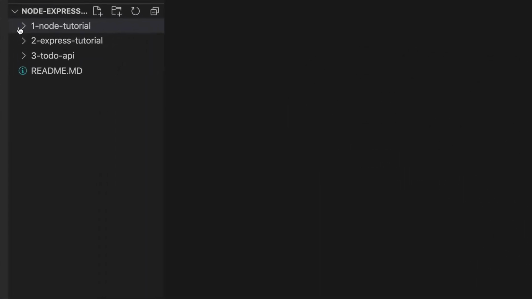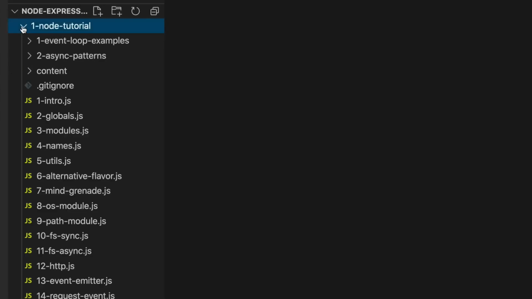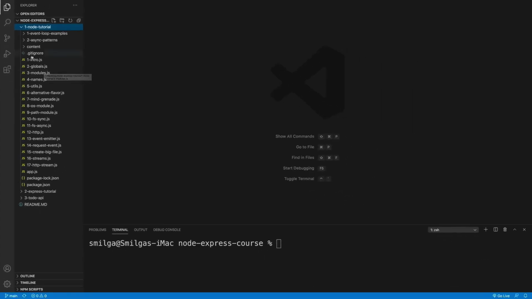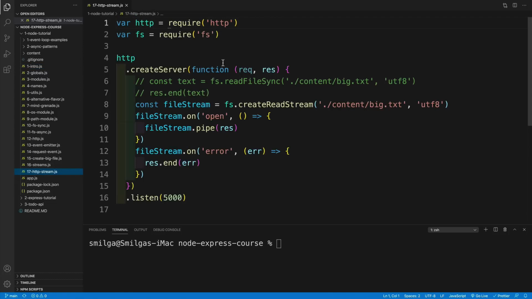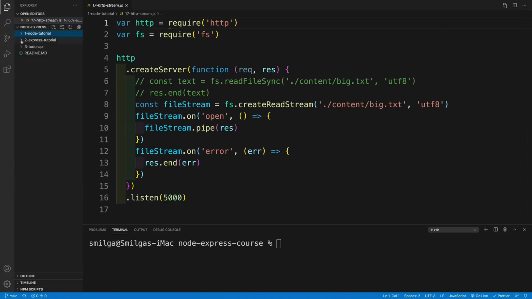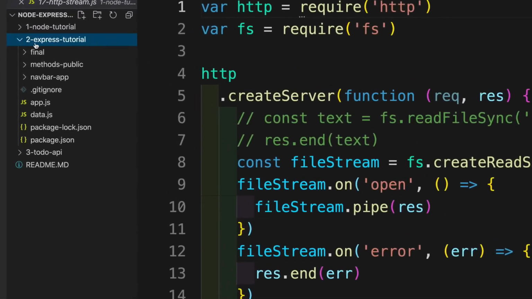All right. Before we get busy, why don't I give you a brief overview of the repo? If you take a look at the first project, this should look very, very familiar, because essentially this is all the code we have written so far. Everything starting with our most basic application, and then, of course, we also have our last one, our HTTP streams example. So hopefully that is clear. If you ever need to jog your memory, essentially this is just here for your reference. And then from now on, we'll work in folder number 2 by the name of